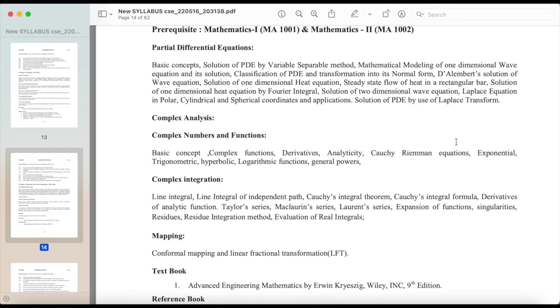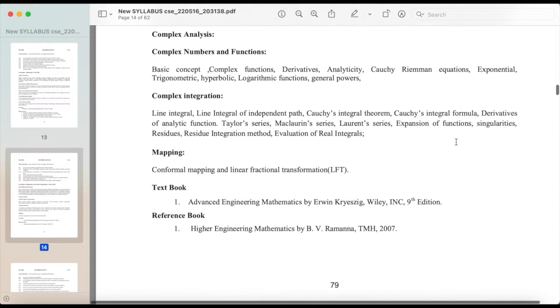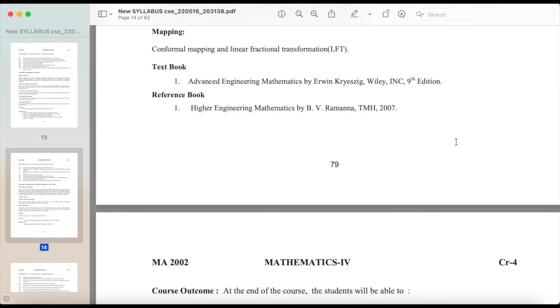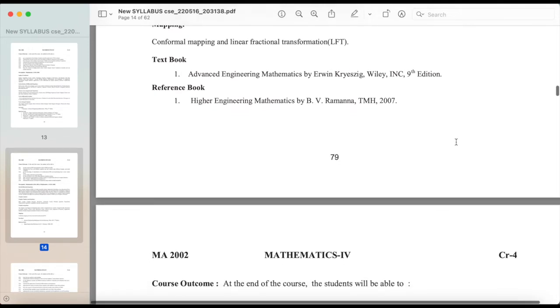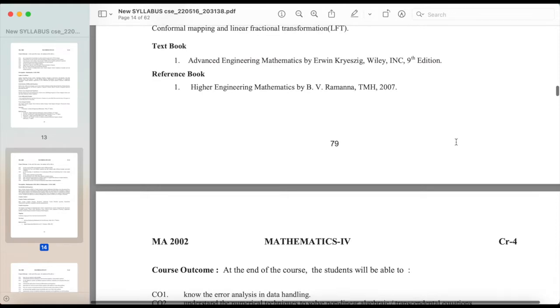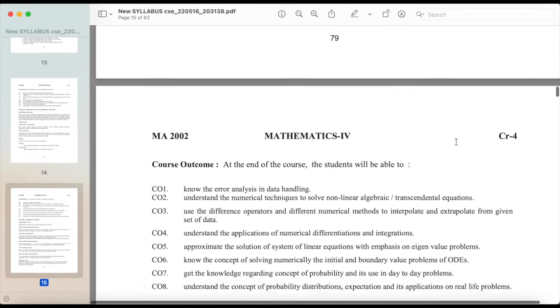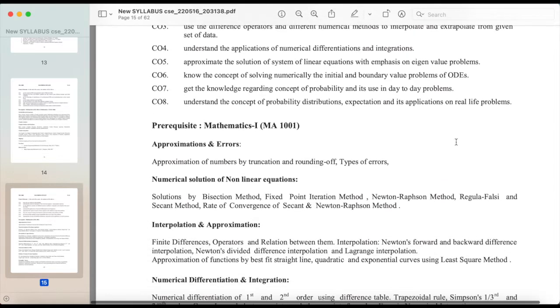integration, line integral of independent path, Cauchy's integral theorem, Cauchy's integral formula, derivatives of analytic function, Taylor series, Maclaurin series, Laurent series, expansion of functions, singularities, residues, residue integration method, evaluation of real integrals, mapping, conformal mapping and linear fractional transformation LFT. Textbook 1, Advanced Engineering Mathematics by Erwin Kreyszig, Wiley, 9th edition. Reference Book 1, Higher Engineering Mathematics